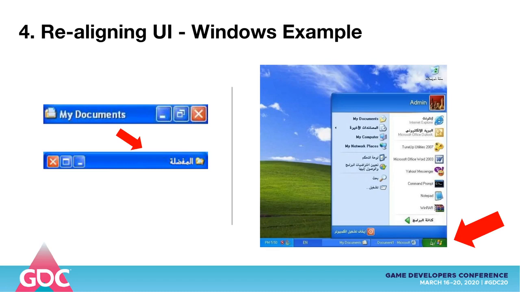Since in Arabic we read text from right to left, and on the picture to the right they flipped the location of the start button by default from the bottom left to the bottom right. I want to clarify that this is not a required feature. It is polished to make the user experience intuitive for an Arab audience. This is honestly a heroic effort, and you don't have to do it, but it is appreciated.